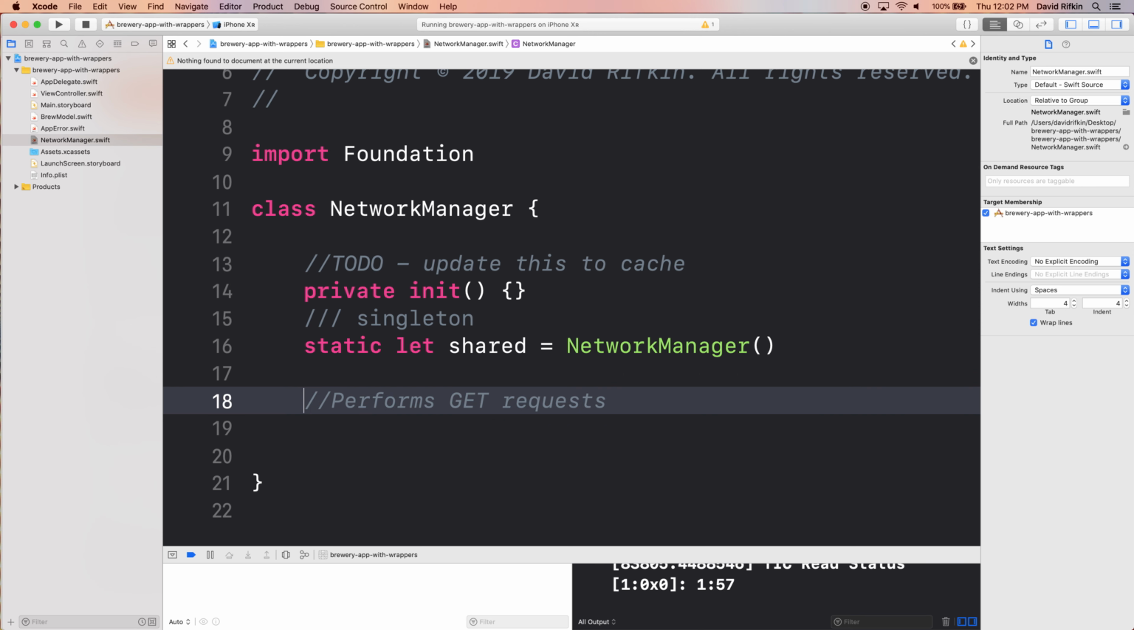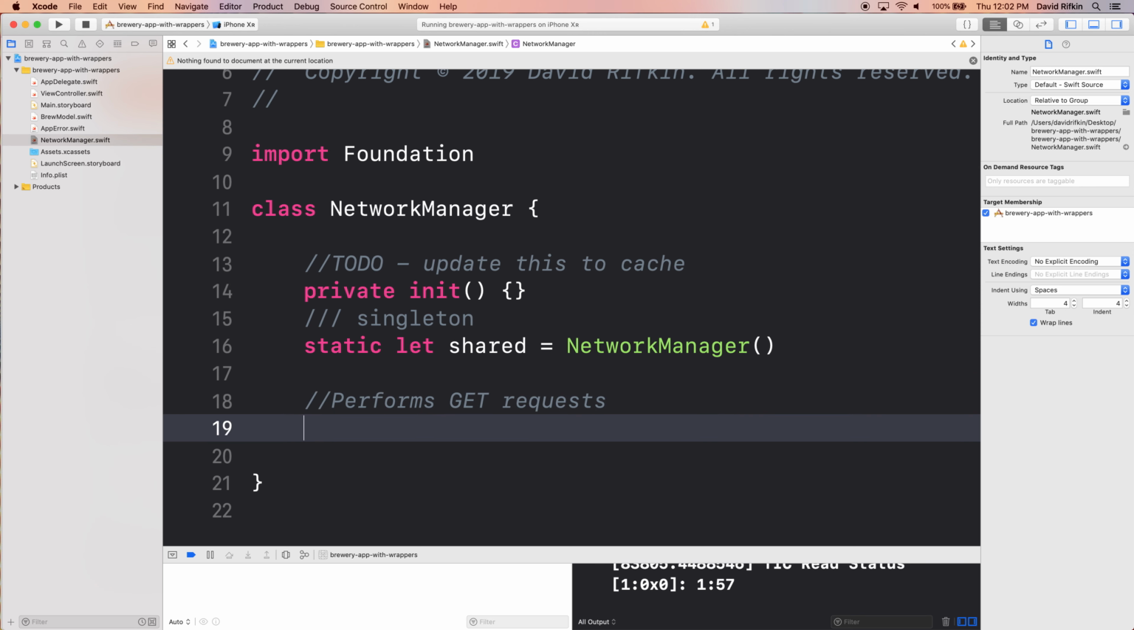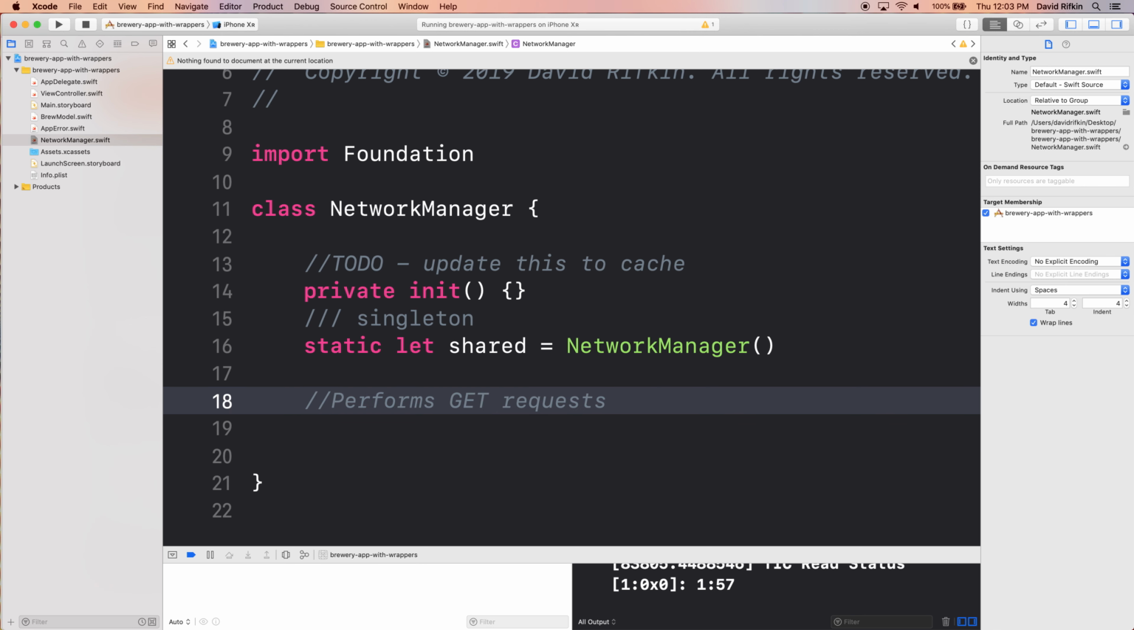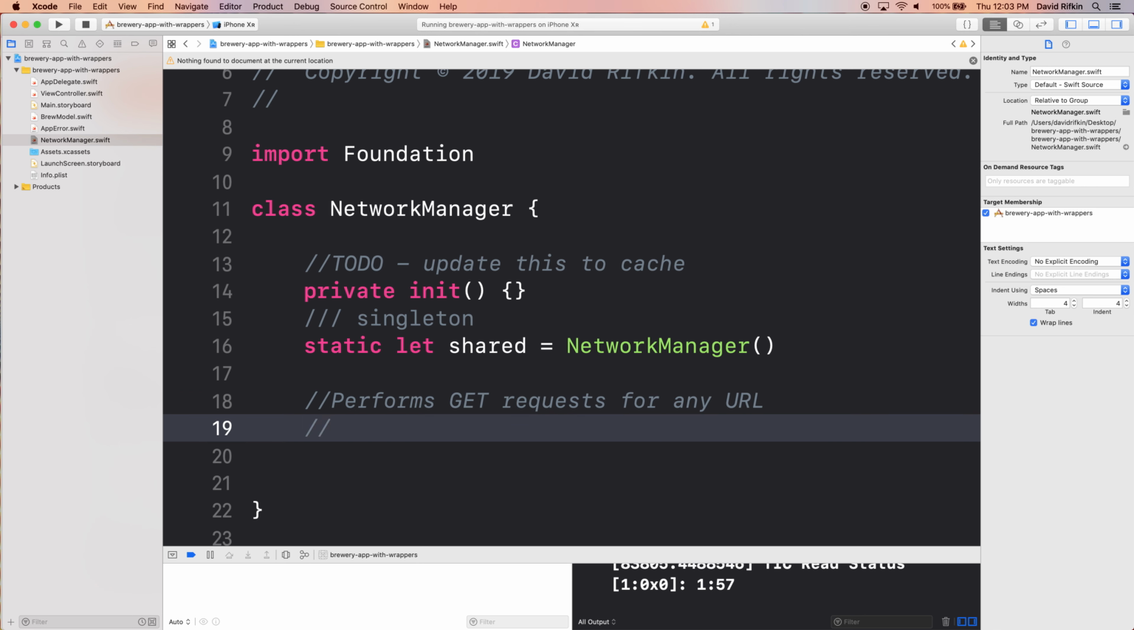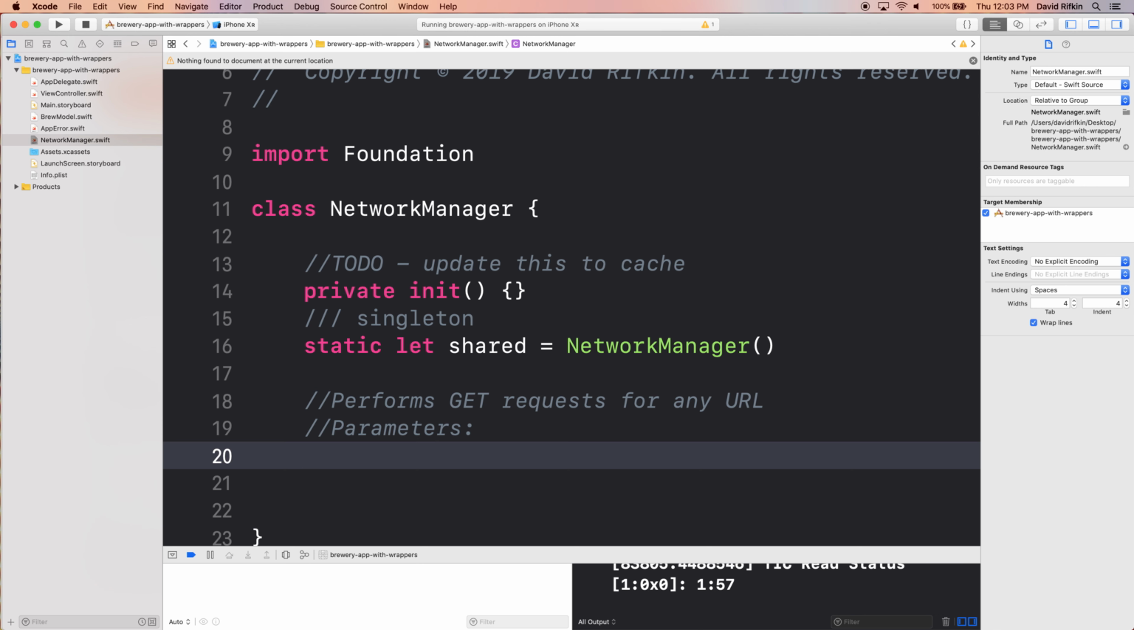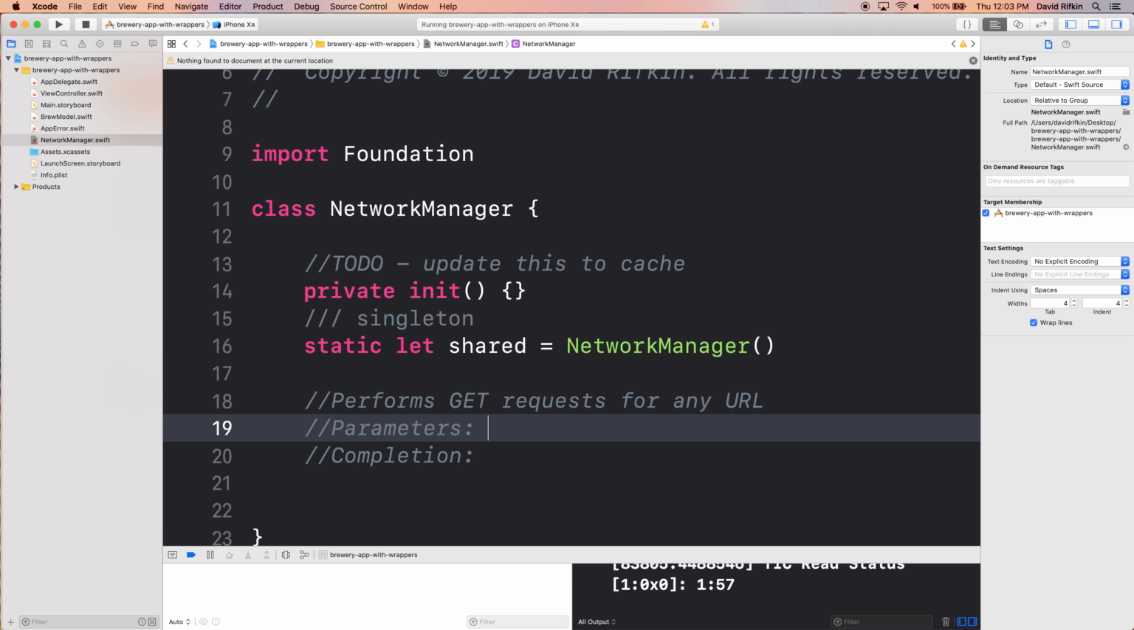Neat. All right, let's create a function that performs get requests for any URL. And typically when you have functions, you say what the parameters are. If it's not clear, this is going to be pretty clear, so that's okay. And then I'm also going to say completion to say what you should expect in your completion handler. The parameters of this are going to be